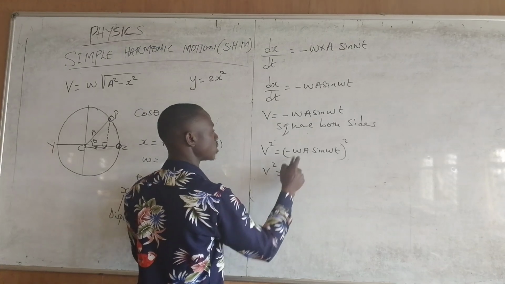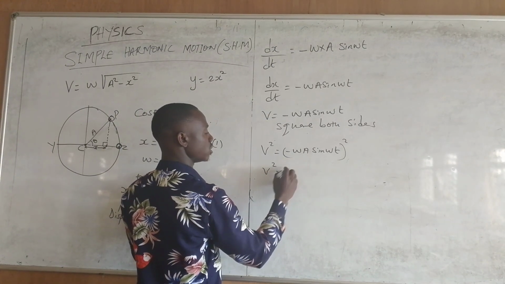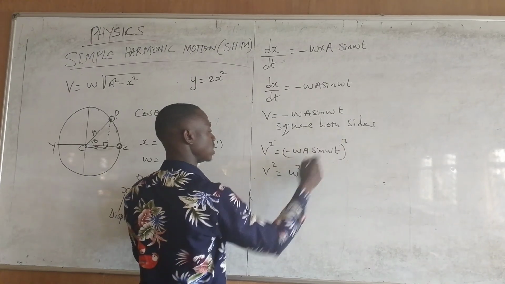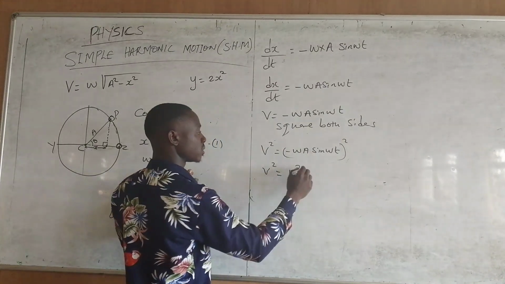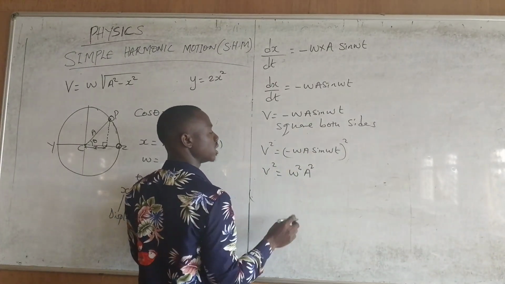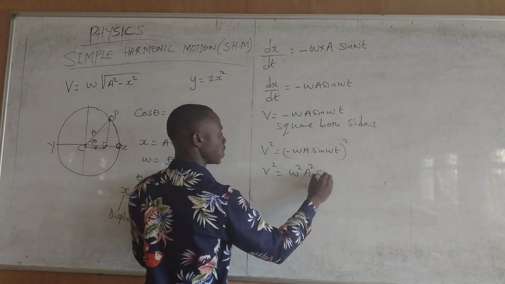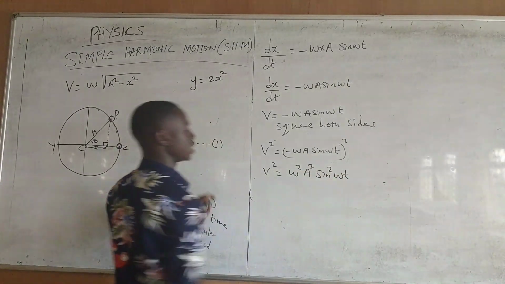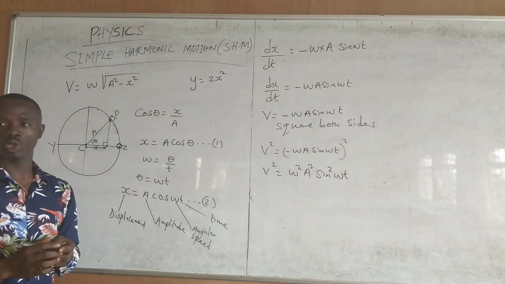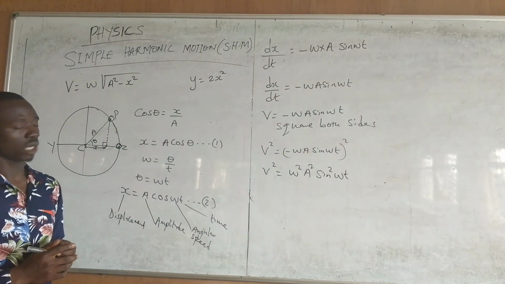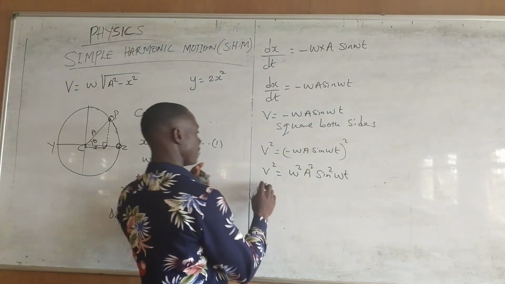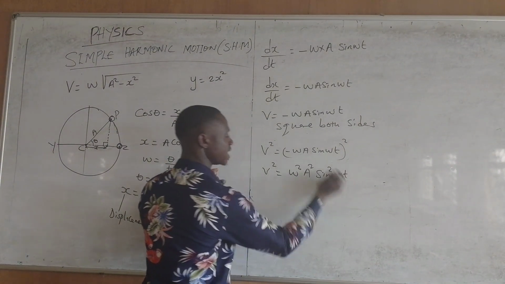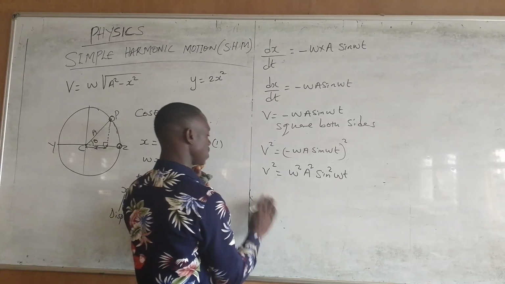So v square will now be equal to, when you square minus, it turns to plus, right? So this one goes. Then we have omega square, then a square. Then sine square omega t. Are you following? Now, if only this one is our theta, do you guys remember that